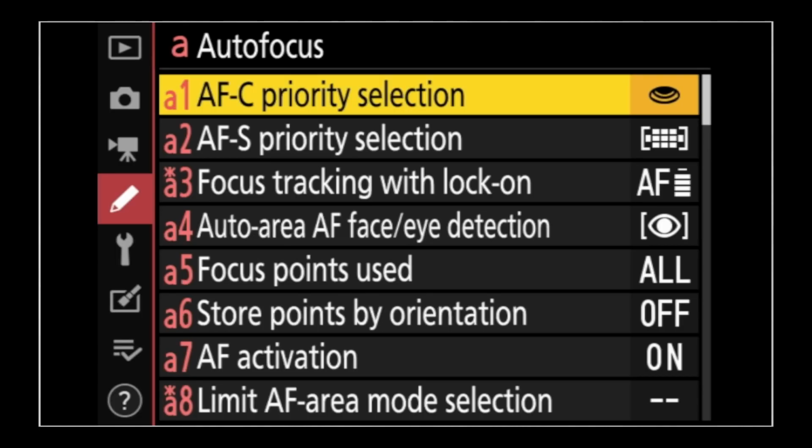Z5. I think these apply across a lot of the Z cameras. Some of the functions may or may not be there depending on which camera you've got. I mean, the Z9 has probably got a lot more functions, but let's start with these today. So we're in the autofocus menu to begin with, and as you can see, the first thing up on here